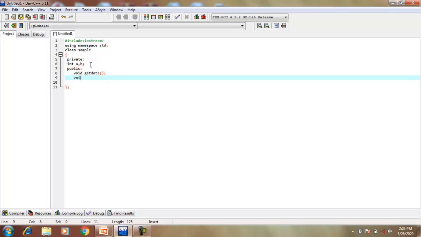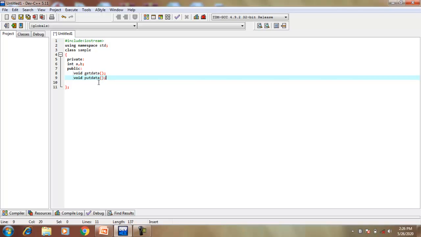Then write another function which is used for output, that means to display the result. So here I am using two member functions: the first one is the input function and the other one is the output function.